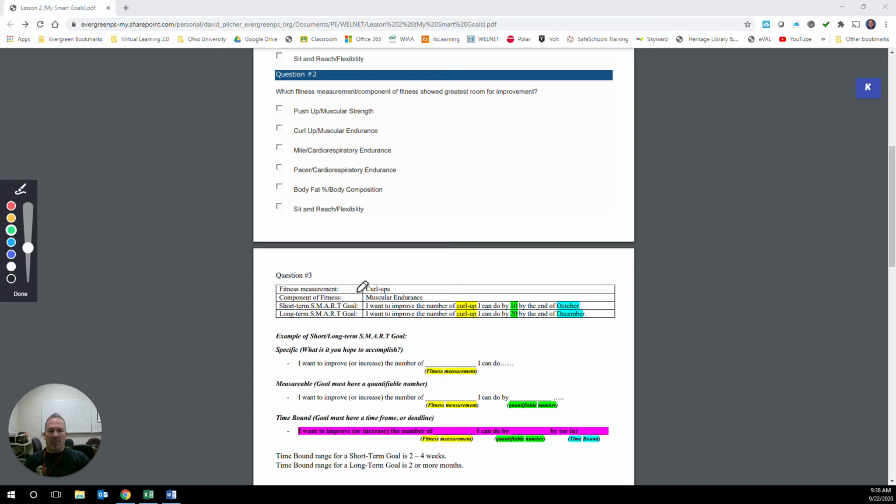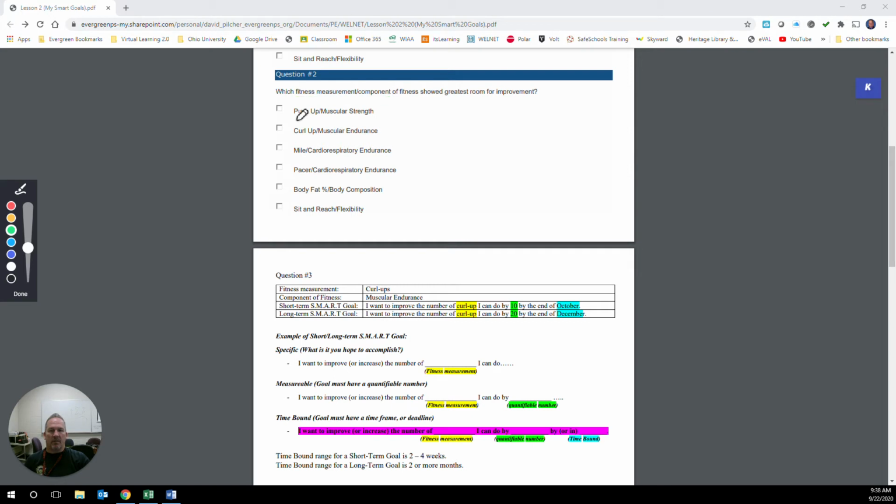So my fitness measurement then is curl-ups. Why? Because if I look up here where it says fitness measurement / component, it lists the fitness